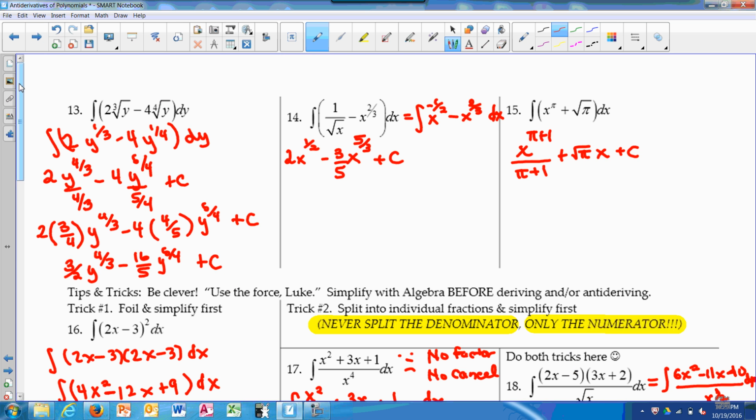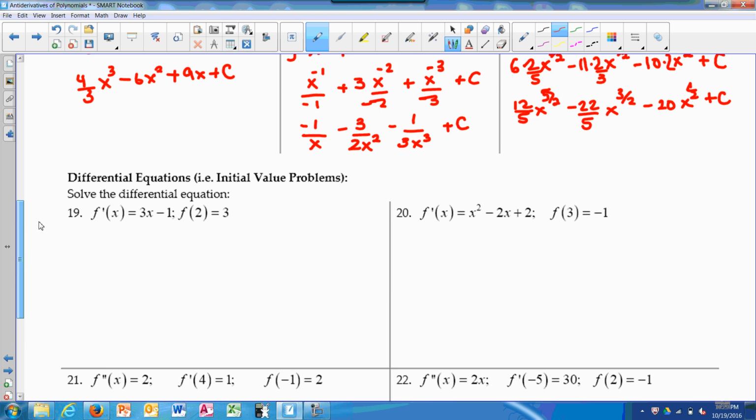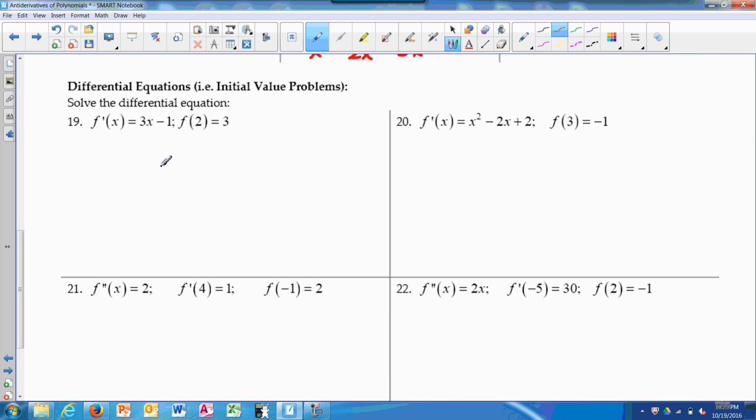If we get a little bit more information, such as an initial value or any value on the curve, we can actually figure out which curve we mean. So remember, if you integrate f prime of x with respect to x, you're basically saying that you're going backwards from f prime, and going backwards from f prime gives you your original f of x. So that's the idea of what we're going to do. So if I go backwards from 3x minus 1 with respect to x,